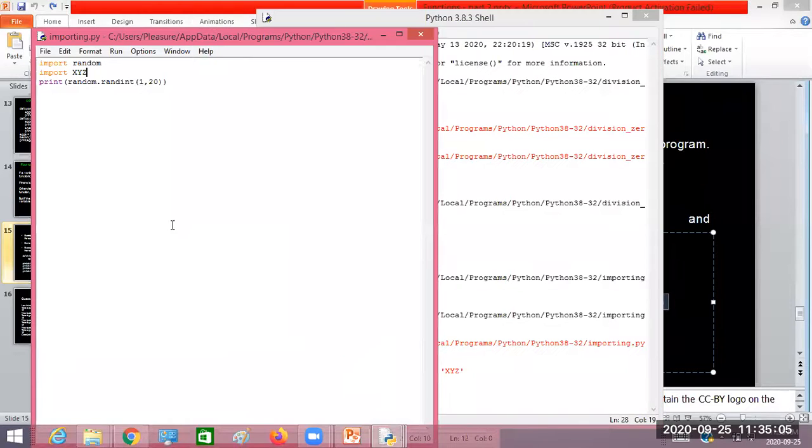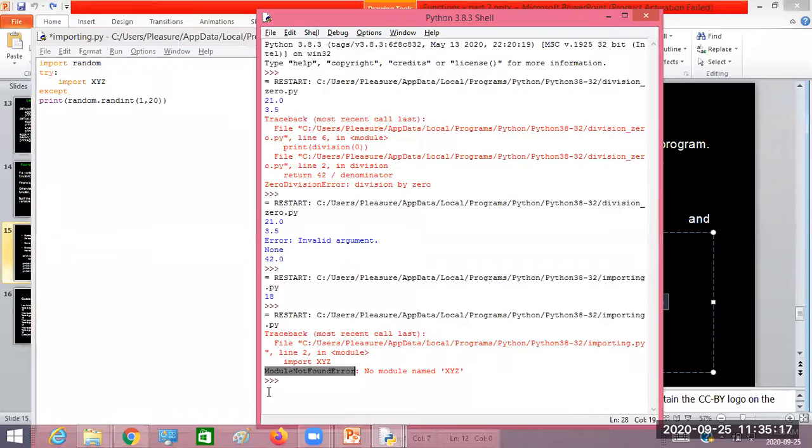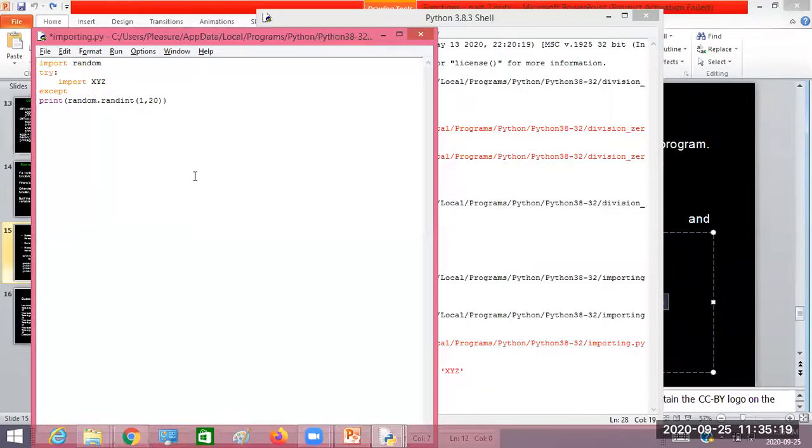So then how to handle this kind of error? For this, you can write import xyz, except ModuleNotFoundError. You can copy this here and put ModuleNotFoundError, then print, you can write invalid module name.